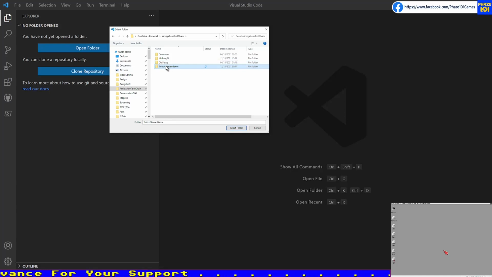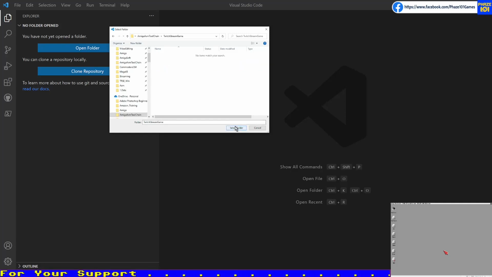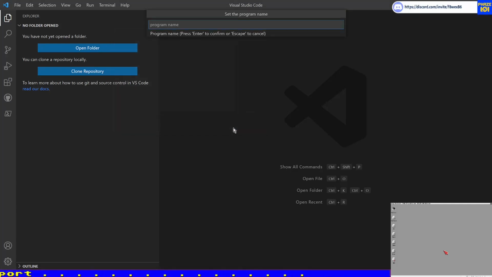And then select it and select the folder. Now it's asking, okay, and this is another thing that it did not have. It's asking what file should the main file be called. You know, like in C you had main, okay, main.c. In ASM maybe you could use main.c or whatever. I am going to call it game, okay,